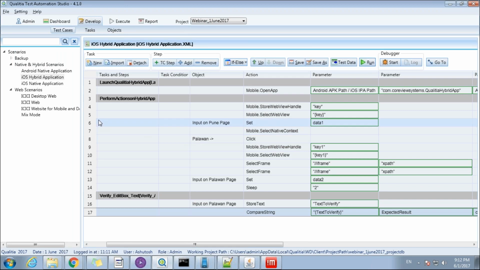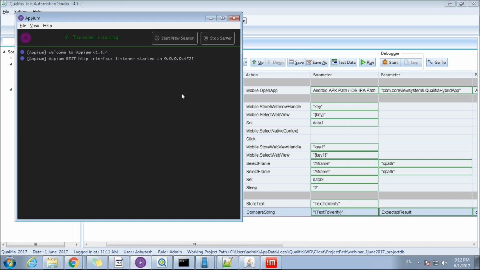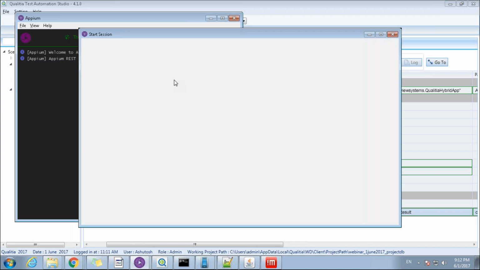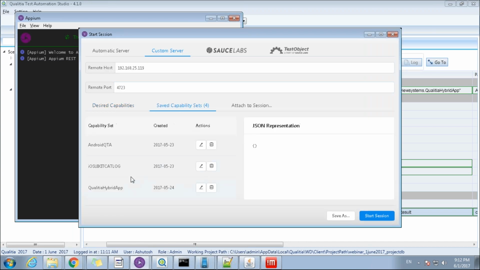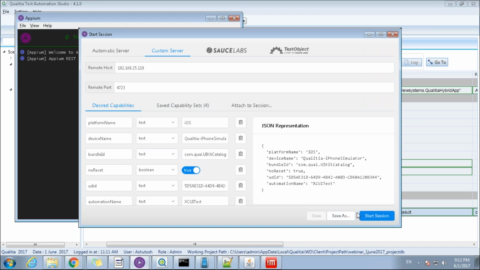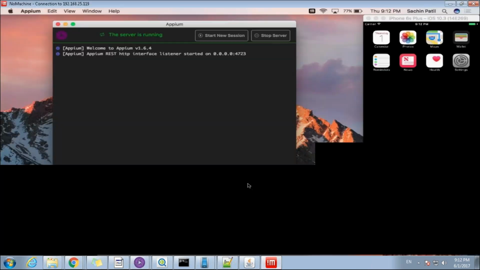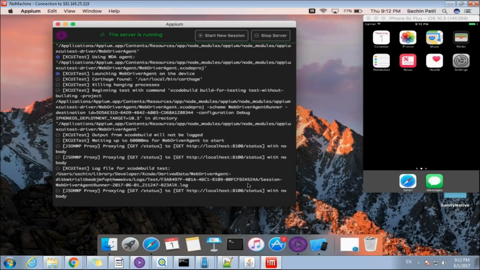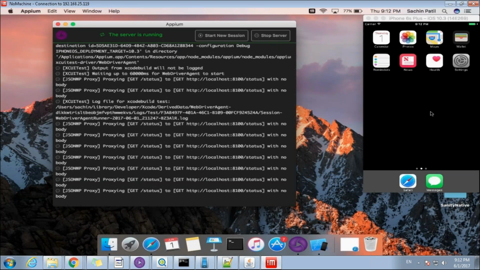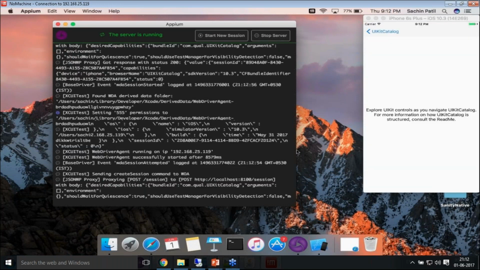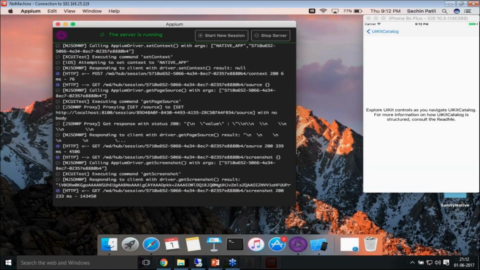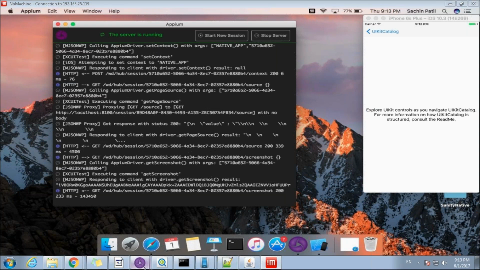Okay, so let's take a look at how an object is inspected by going through an Appium inspector. So let's create a session, start a session. We already have configured the custom server. Let's begin the session. What Appium does is it launches the UIKit catalog application, and from there we will get into the Appium inspector.